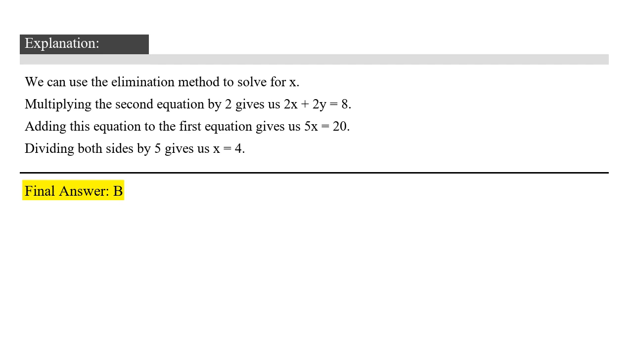Adding the two equations together, we eliminate y. 3x plus 2y plus x minus 2y gives us 2x plus 2y equals 8. Adding this equation to the first equation gives us 5x equals 20. Dividing both sides by 5 gives